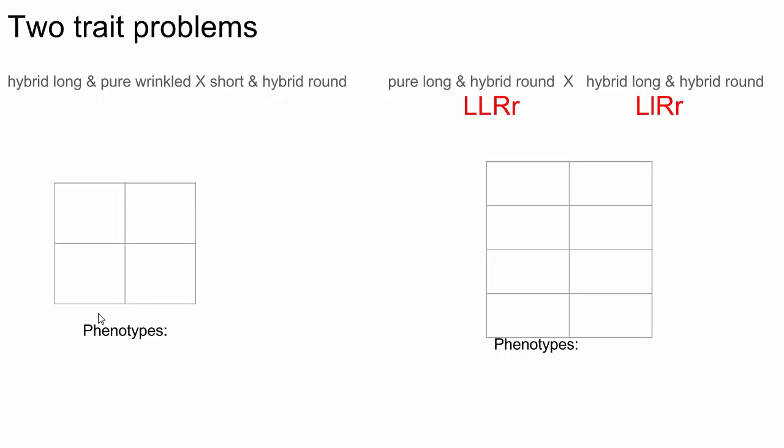Okay, we don't need to study just single traits, like those simple Punnett squares. We can study multiple traits at the same time. We could do 2, we can even do 3. Beyond 3, it gets sort of unwieldy to do by hand.